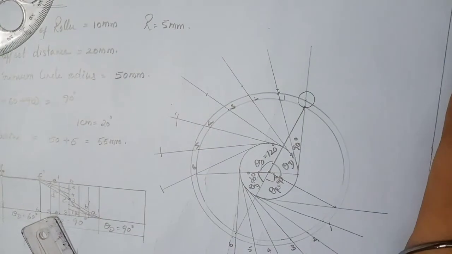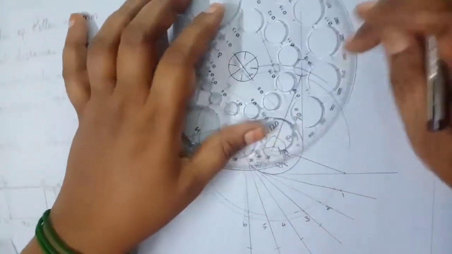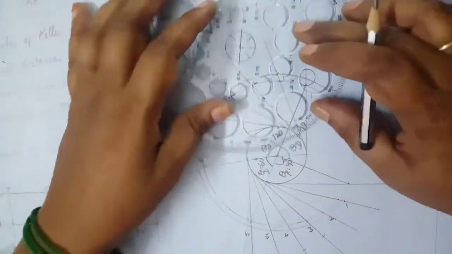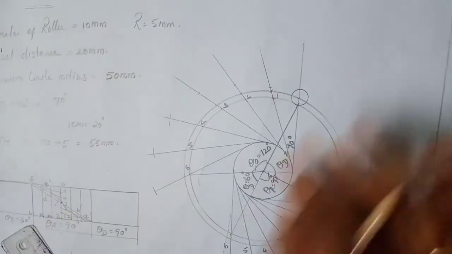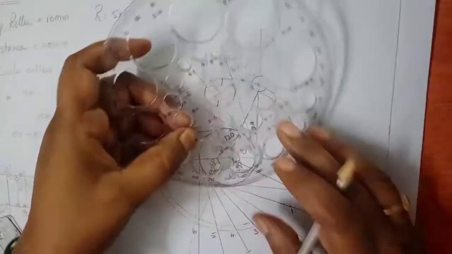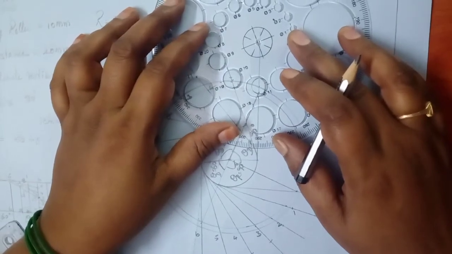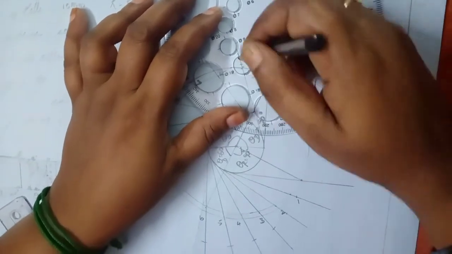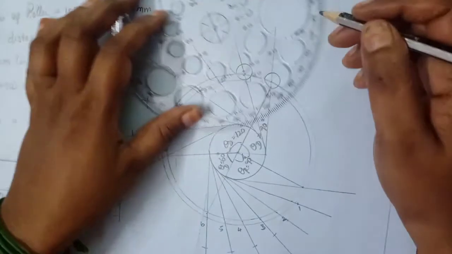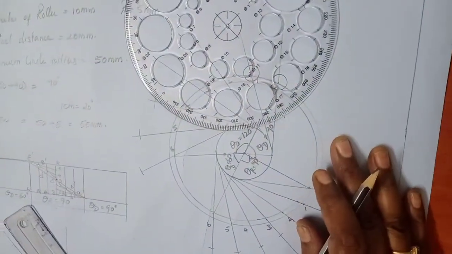After completion of this, again for the roller follower, you have to make it 10 mm. 10 mm is the diameter of the roller. With the help of that, you have to make the circles again. Either you make them as circles or simply as arcs. Better you just do it as circles. It is very easy to make. So now make the circles here by matching this. Equally you have to do.